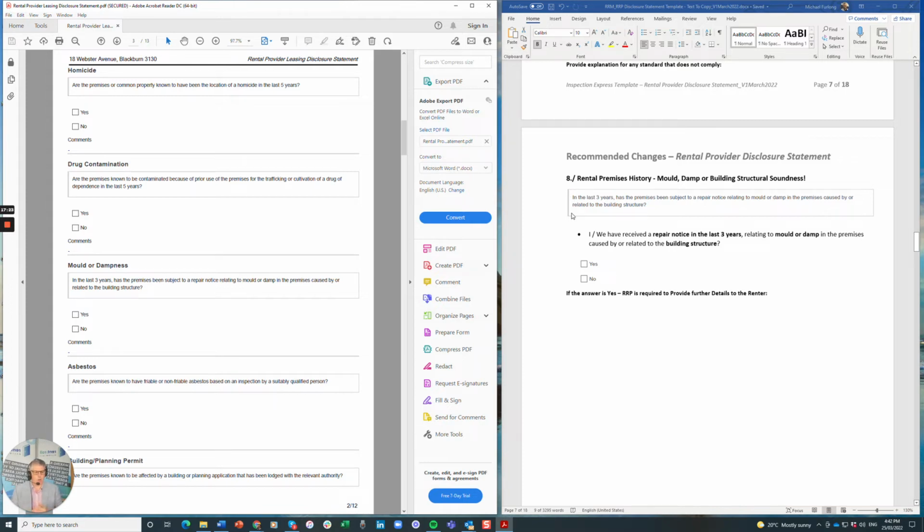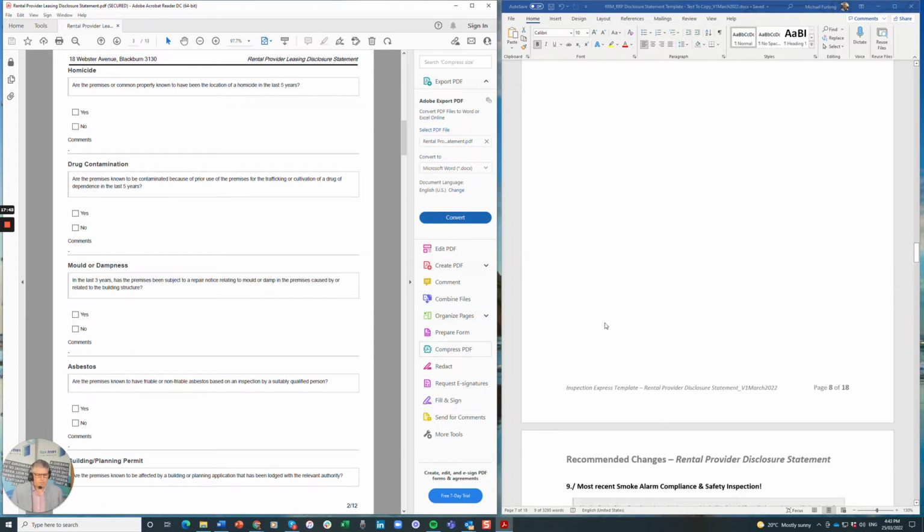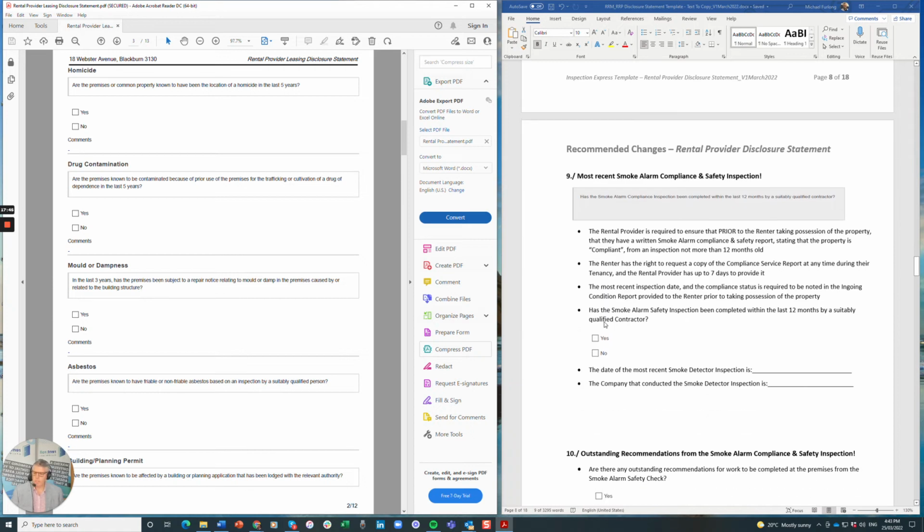We have received a repair notice in the last 3 years relating to mould or damp in the premises caused by or related to the building structure. Yes or no. If the answer is yes, RRP is to provide further details to the renter inside of there. So again, you can see we're getting a lot more information. So number 9. Okay, so now we're going to